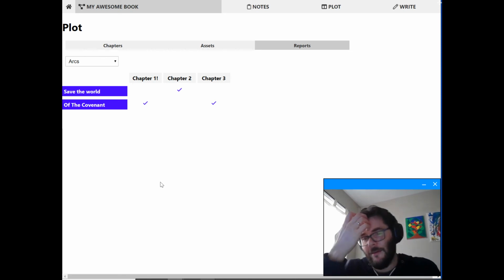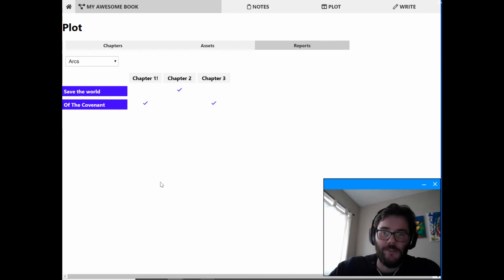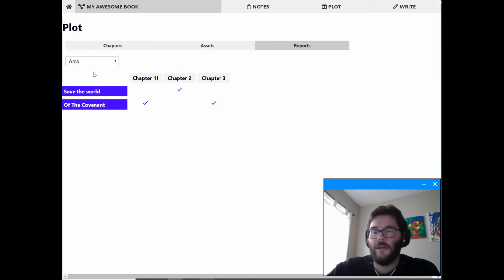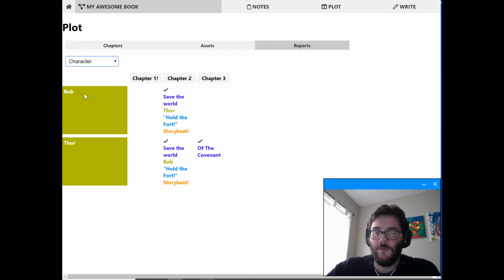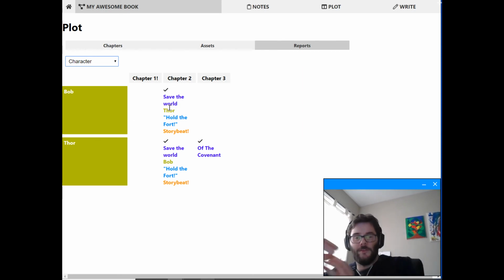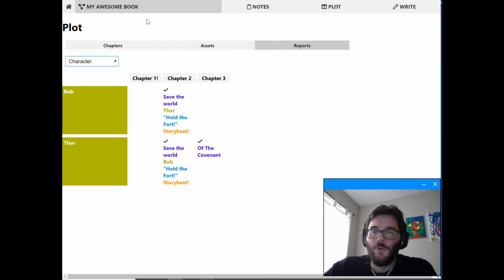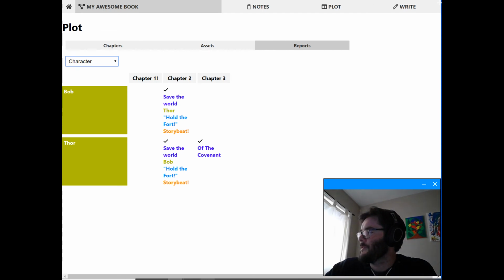You can see that I have that in place, but the Save the World arc doesn't really get a lot of coverage. And if I had more chapters, it would kind of scroll off the side. But additionally, you can view the characters. So I say here I have Bob, and I can see that he's in chapter 2 with Thor. Story beat is used in dialogue and stuff like that, which you would get a pretty good sense of in the